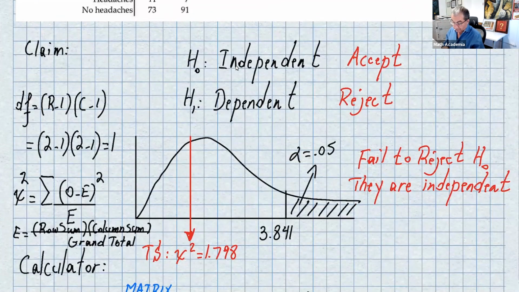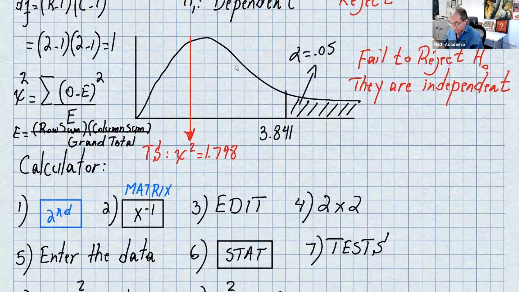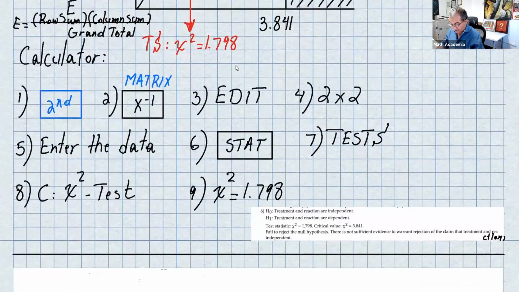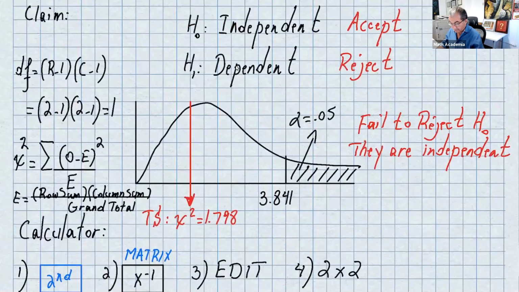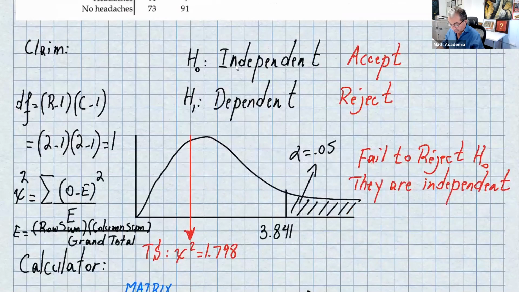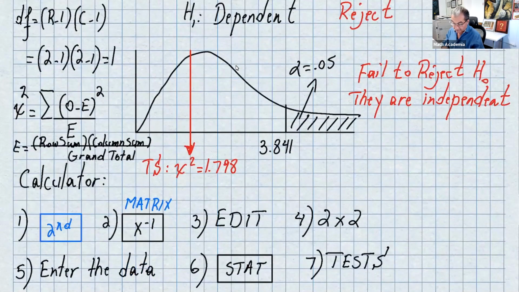Let's start the test. Once you write the claim, then you find the degrees of freedom. The degrees of freedom is the number of rows minus 1 times the number of columns minus 1. You have 2 rows and 2 columns, so 2 minus 1 times 2 minus 1 is 1. Then you want to find the critical value. It's a chi-squared right-tail test, so you have to find that by using the chi-square table. If you go to the chi-square table, 0.05, degrees of freedom 1, you're going to see it's